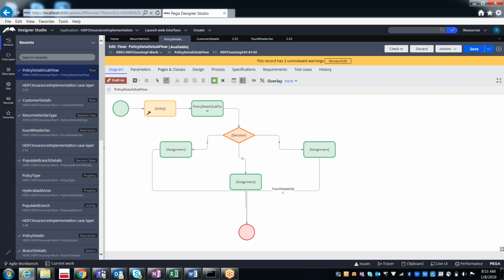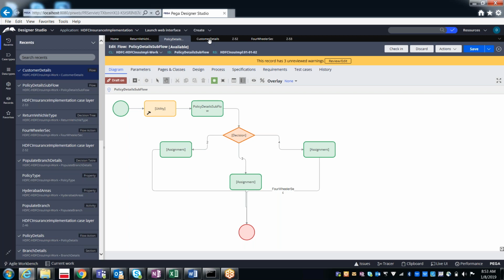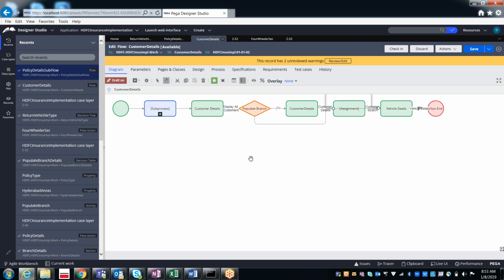But in case I have 10 assignments, like here, earlier we had all these 4 assignments also in the customer details. That means 1, 2, 3, 4 here, again 4 here. So totally 8 assignments were in the same flow.